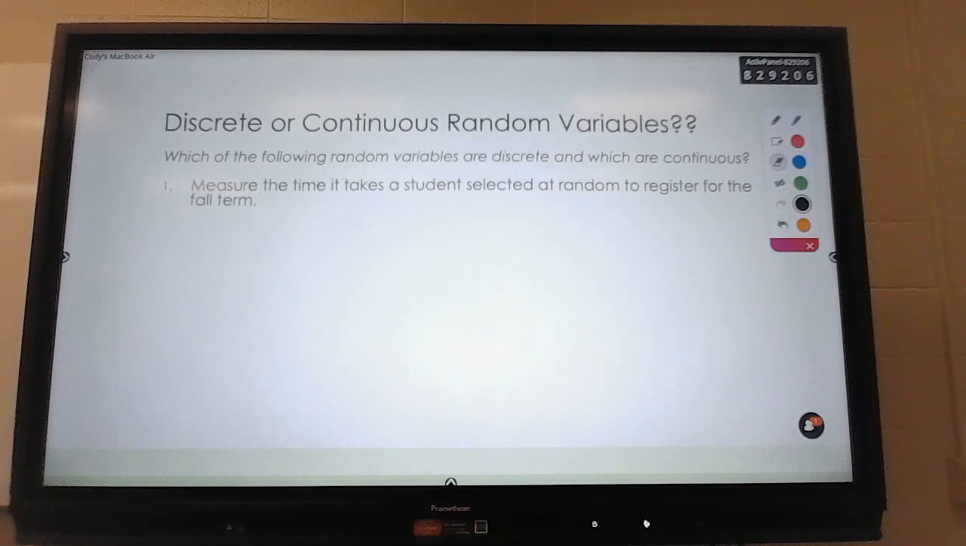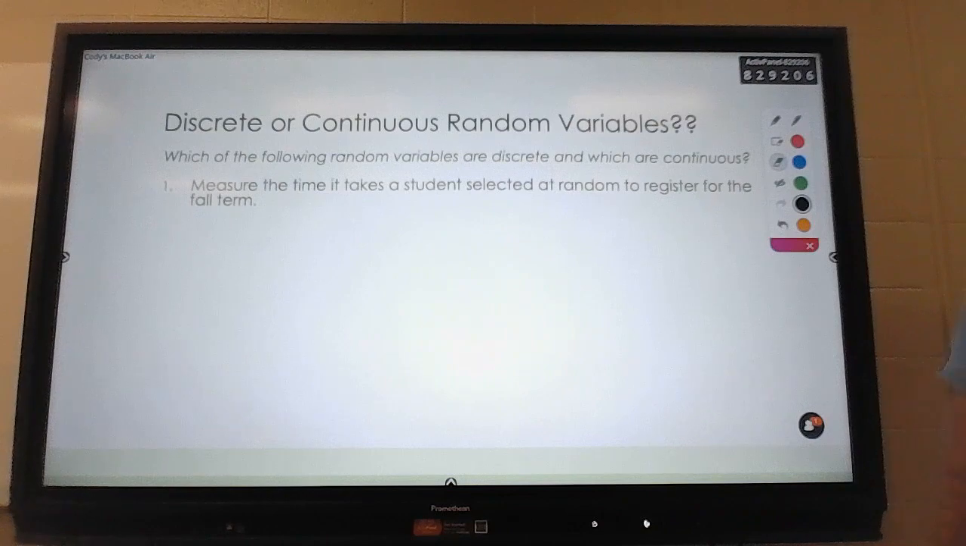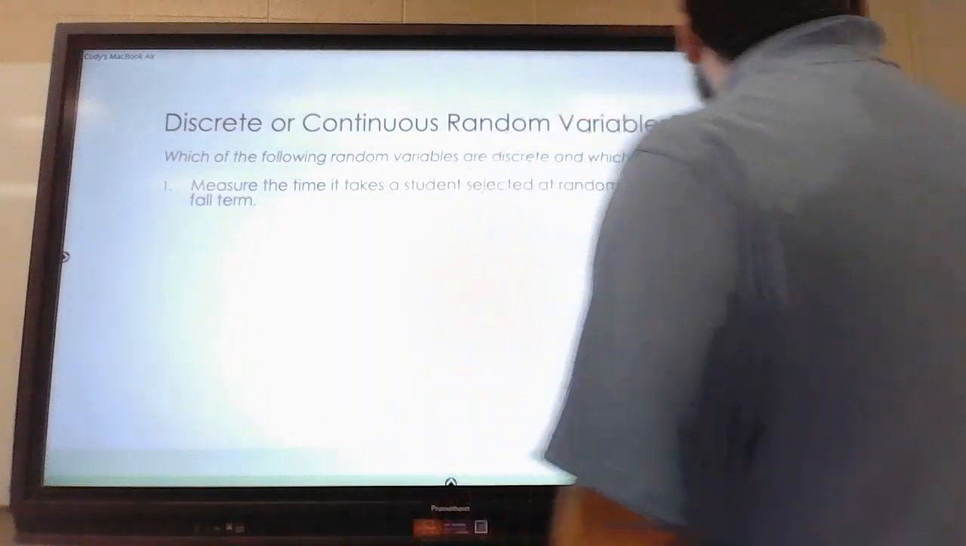Like, can time be written out as a decimal? Can it take on any value? And the reality is it can take on any value. For example, I can say a student takes maybe 0.5 minutes to register for the fall term, or someone could take maybe 3.5678 days to register for the fall term. So I can express time as a decimal. So that makes this a